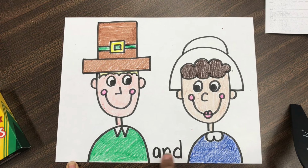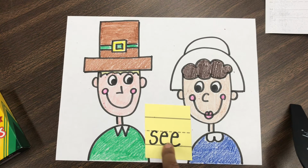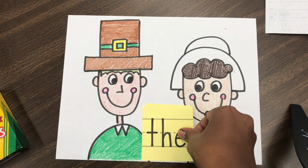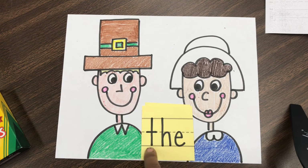A-N-D. The word is and. We're going to use some other trick words to build a whole sentence. Let's take a look at some of those words. We have see, S-E-E, the, T-H-E, the,